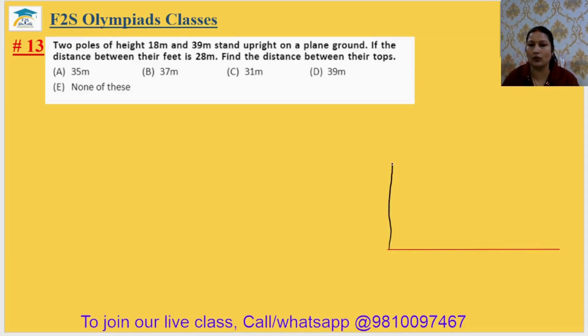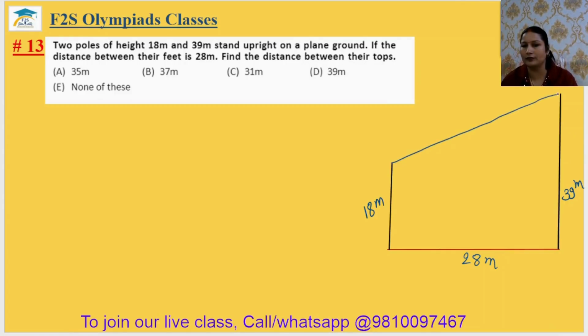The distance between the feet of the poles is 28 meter, and the length of the poles is 18 meter and 39 meter. It is already given. We have to just find the length between the